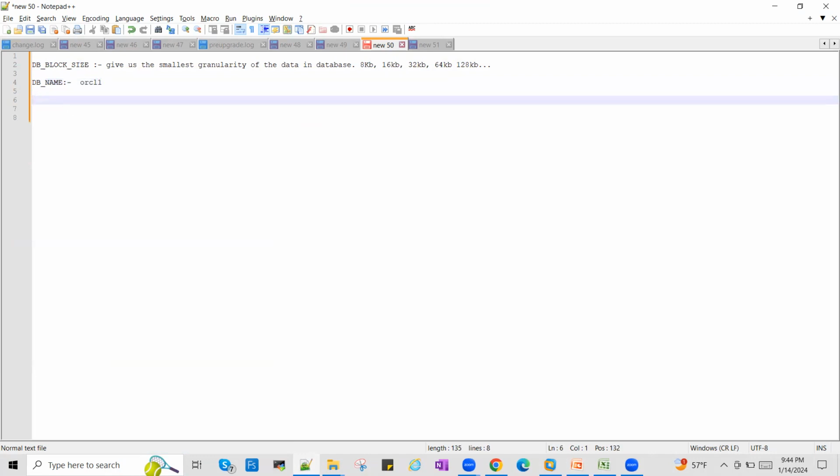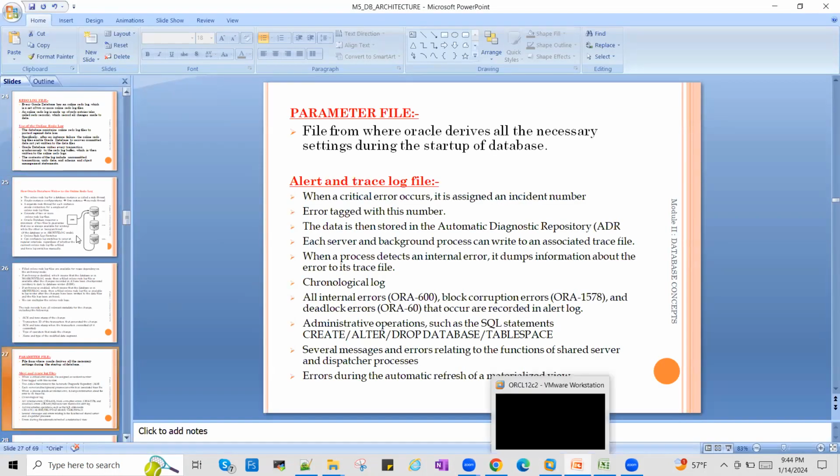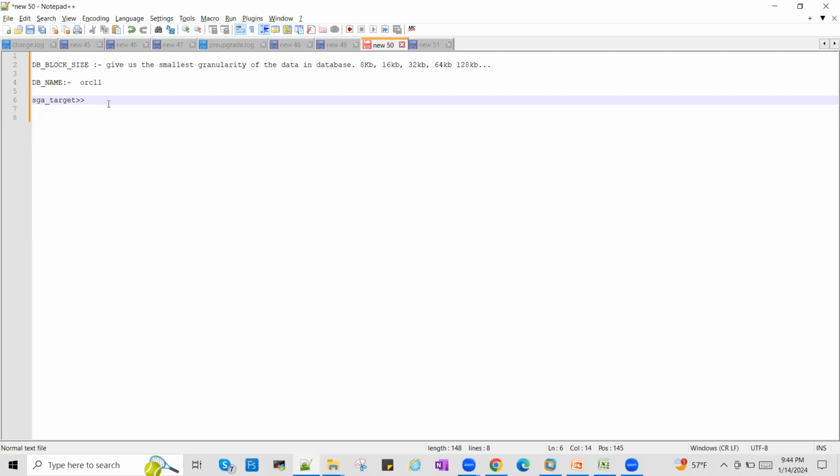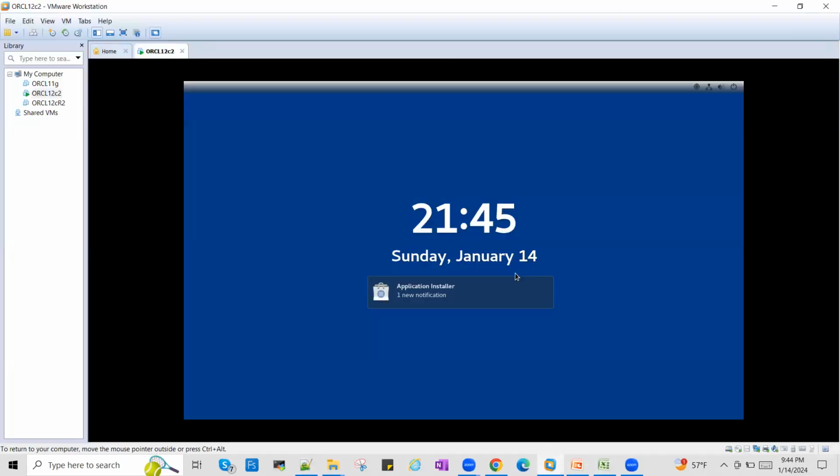Then we have a parameter called SGA_TARGET. What is SGA_TARGET? This is basically how much space you want to give for this SGA, the system global area, the white box over here. This white box, how much memory you want to give while it starts. So depending on the value in this parameter file, say for example, if I start this database, you will see that